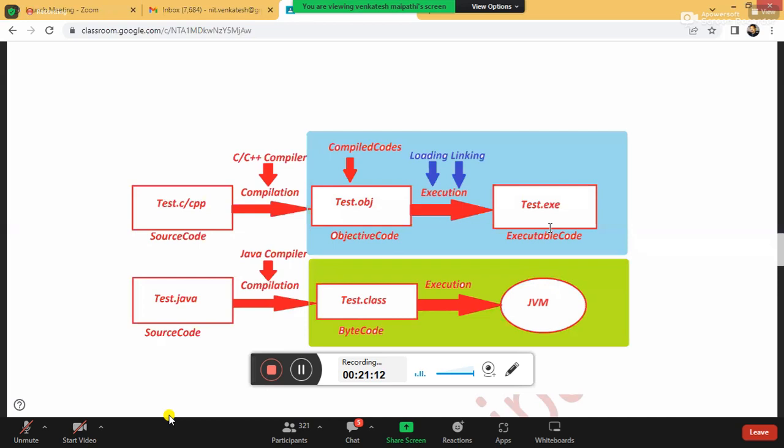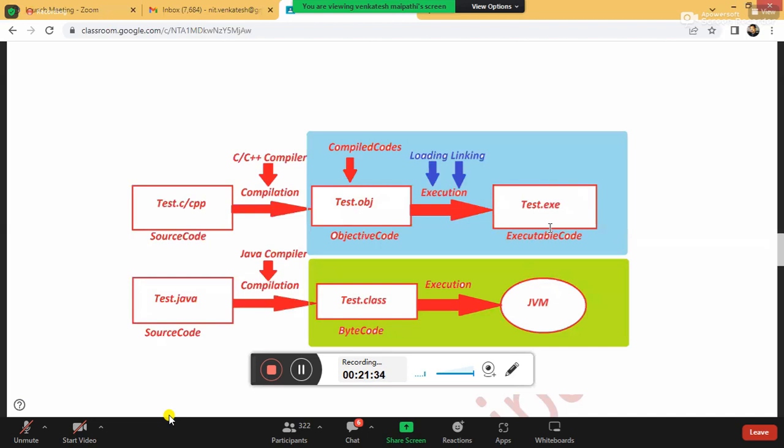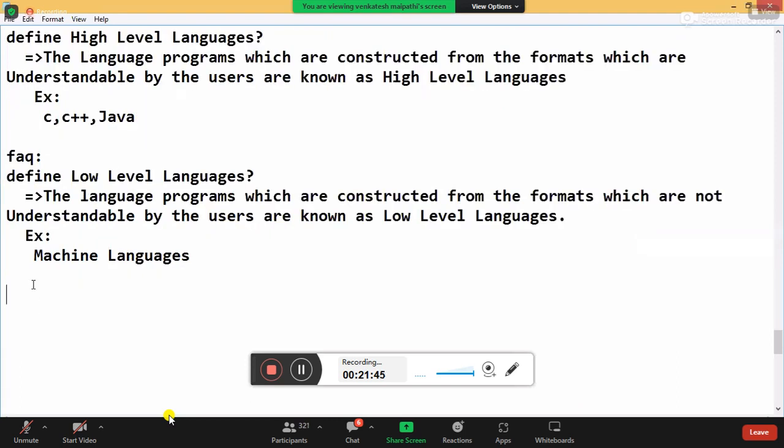Sir, somebody has to convert high level to low level. That is only the compiler. Is the compiler converting or not now? See there. Our source code is converted into compiled code. So the compiler is supporting me to convert high level to low level. So the compiler, the name we call it is translator. It is translating from one language to another language. We call it a translator. So the definition is: define translators. Make it FAQ.